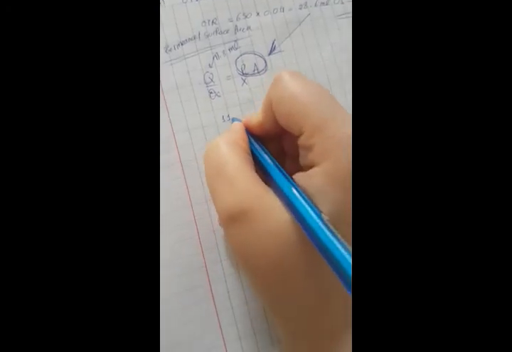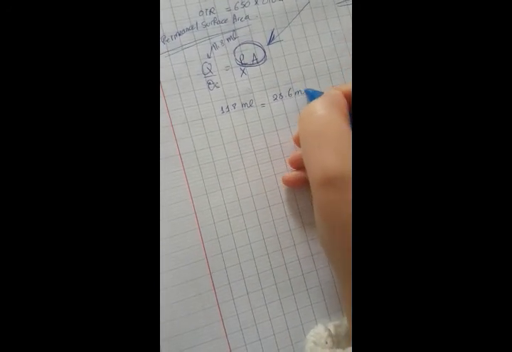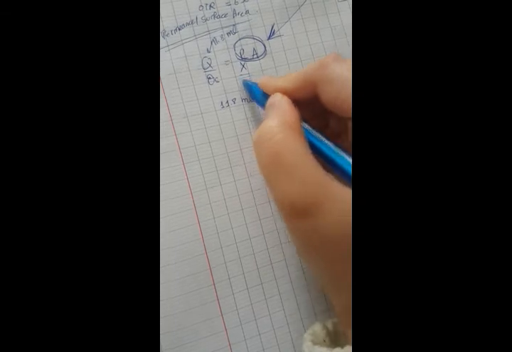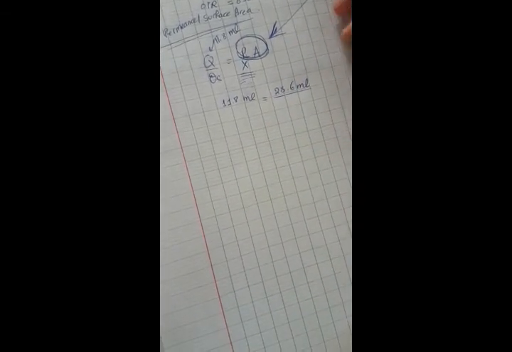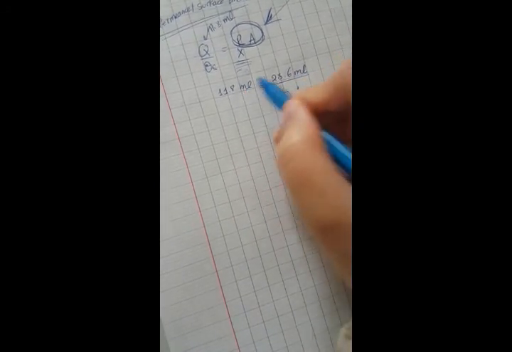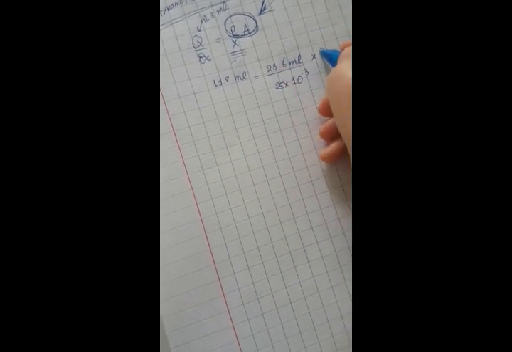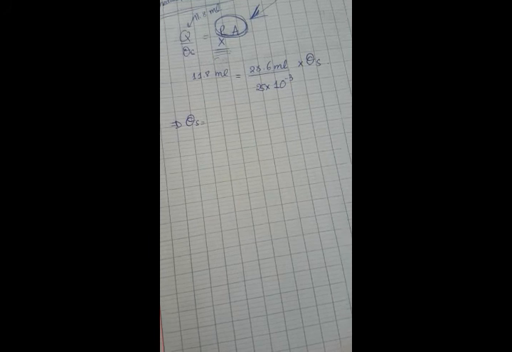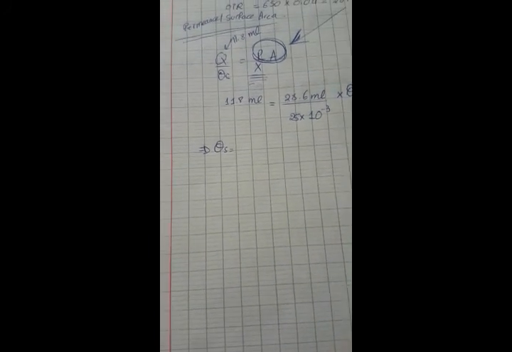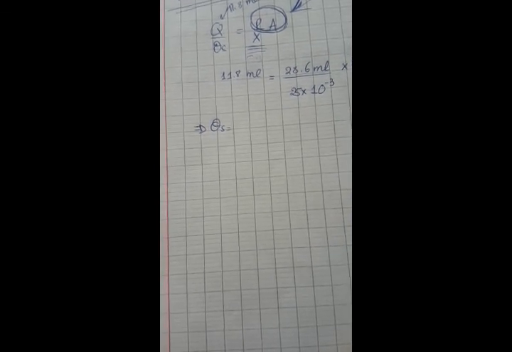So 11.8 milliliter equals 28.6 milliliter over X. X, the thickness, 25 micrometer. I'm gonna convert it into millimeter, and we have milliliter, milliliter, millimeter, and it times 10 to the power minus 3 times theta. Implies from here I can get the shelf life, which would be using the calculator. I need to make sure